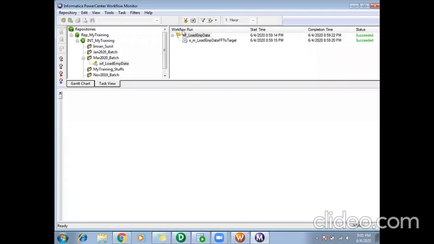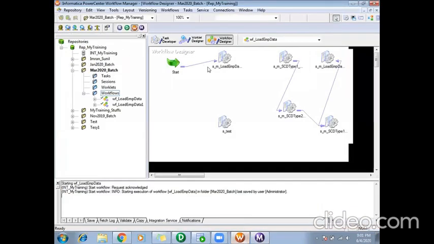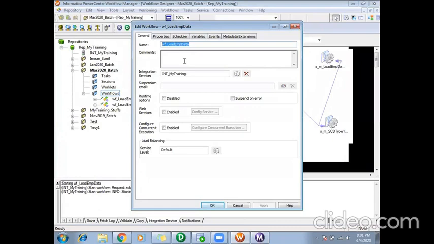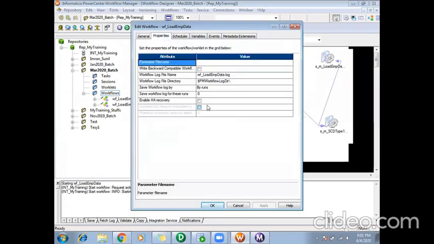Apart from that, where will this log be saved? If you go to your workflow edit section, properties, this is my workflow log name. Whatever name you want to give to your workflow log, you can specify here. Usually it will be the name of your workflow dot log.